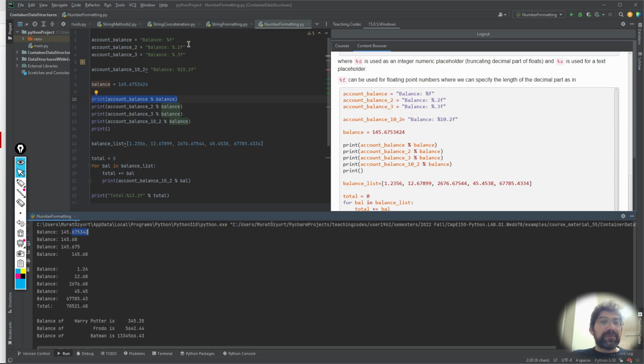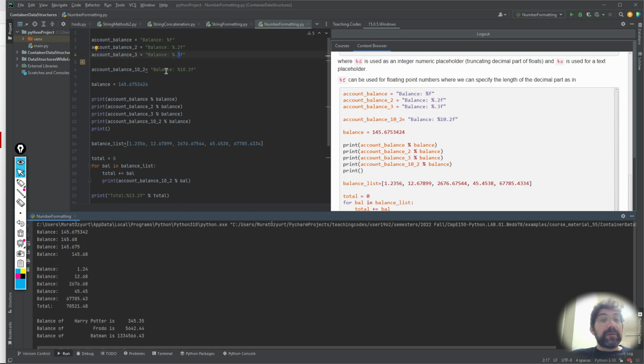When you format it with .2 without any integer part, it simply outputs, doesn't reserve any space for that number, but truncates or rounds the numeric part after the decimal point. Similarly, if you do it for three numbers after the decimal point, it's going to round this part, so it becomes